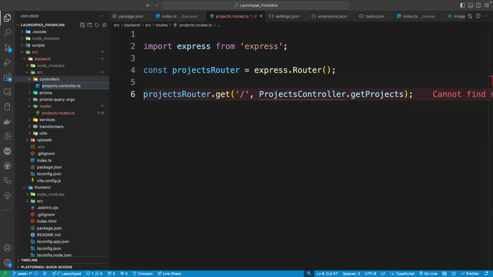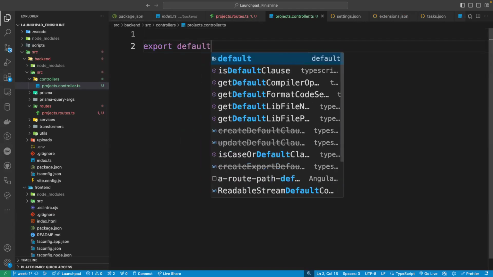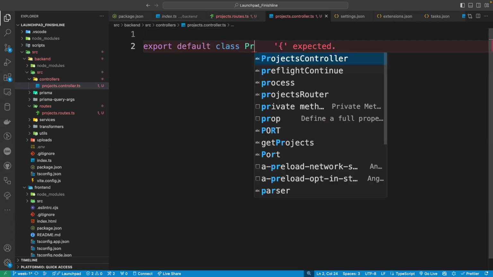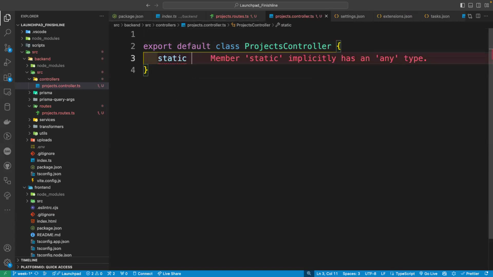Projects.controller.ts is the next file we're going to make in our controller folder. And here, we're going to export default class projects controller. You don't technically need to make it a class. I like classes because it kind of organizes things together. But all of our functions inside of our projects controller are going to be static. So it kind of defeats the purpose of a class. ESLint might get mad at you about this, but you could say static function